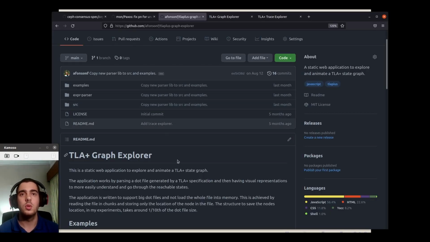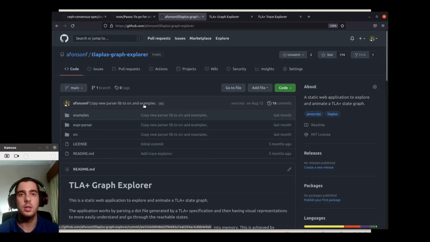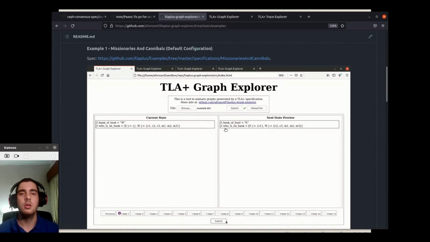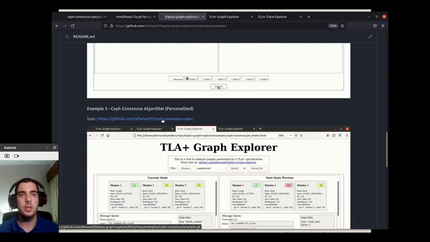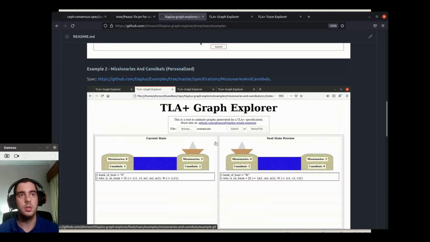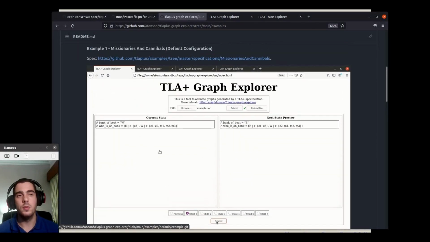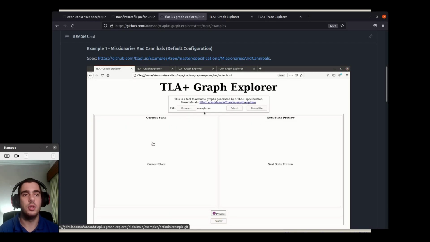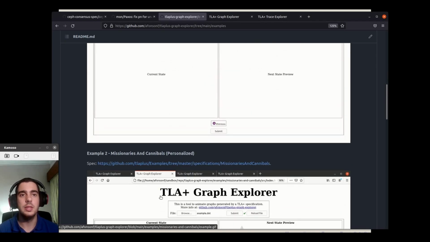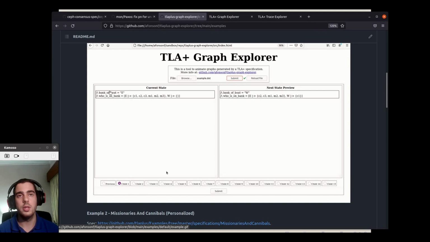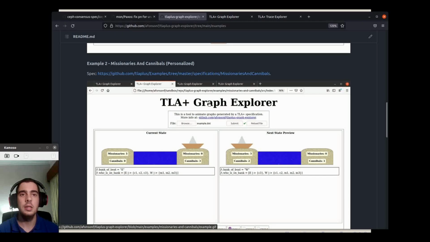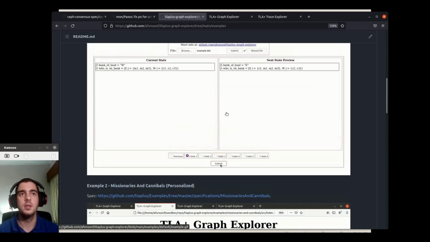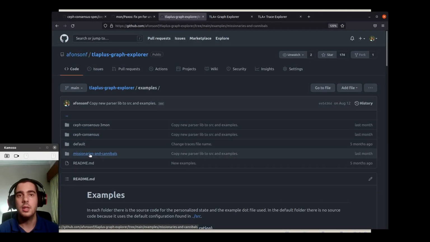So if you go to the URL, you have here the repo where this visualization tool is, and here in the examples we have various examples of how to use the visualization tool. This is the default configuration without any personalization of the states. It only prints the pre-interpreted version of each state, and here with some graphics. So if you open that example,